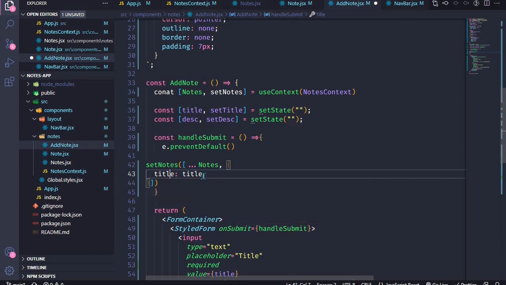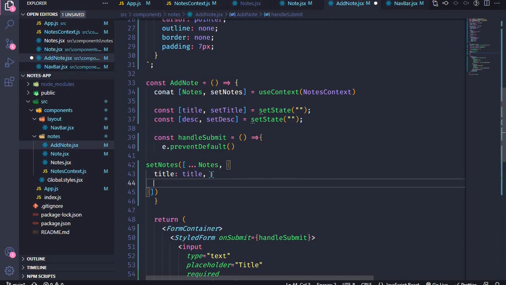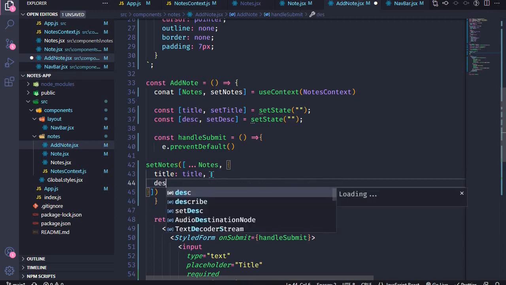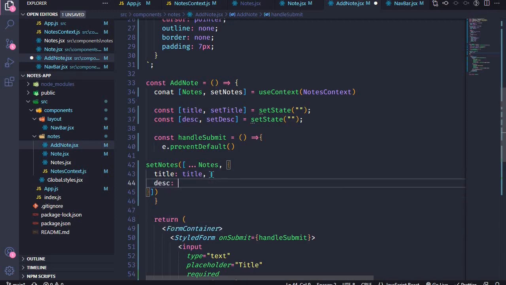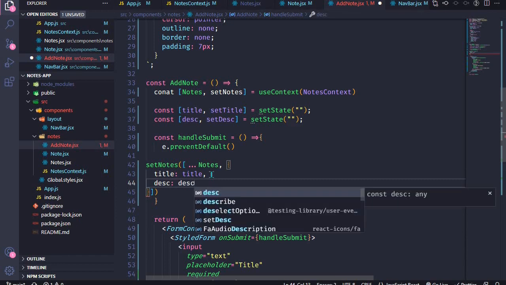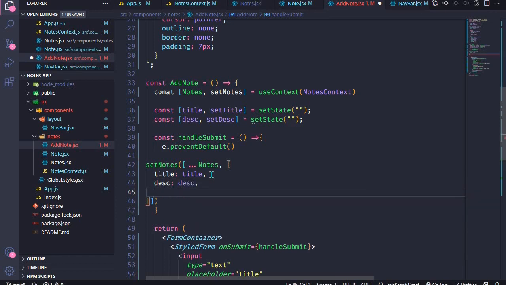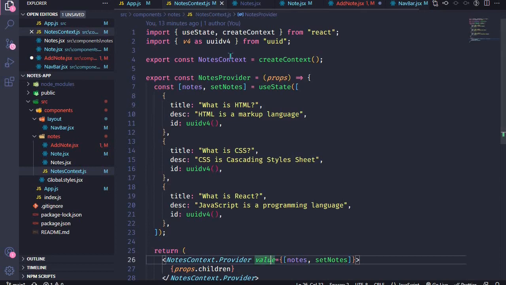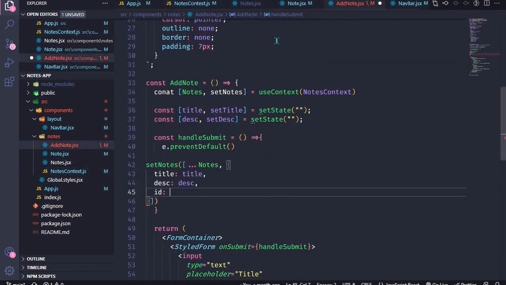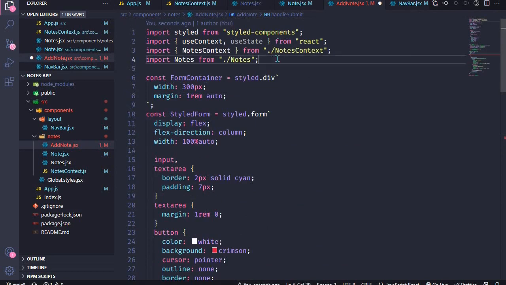So that is the key and the value, and then you will set the description, that is desk, to be desk, and also we should be having an ID. So you can set the ID to be, now in this case we'll make use of the UUID. So I'll come to notes context, copy this one, and then come back right here to add note, make sure that I import it,